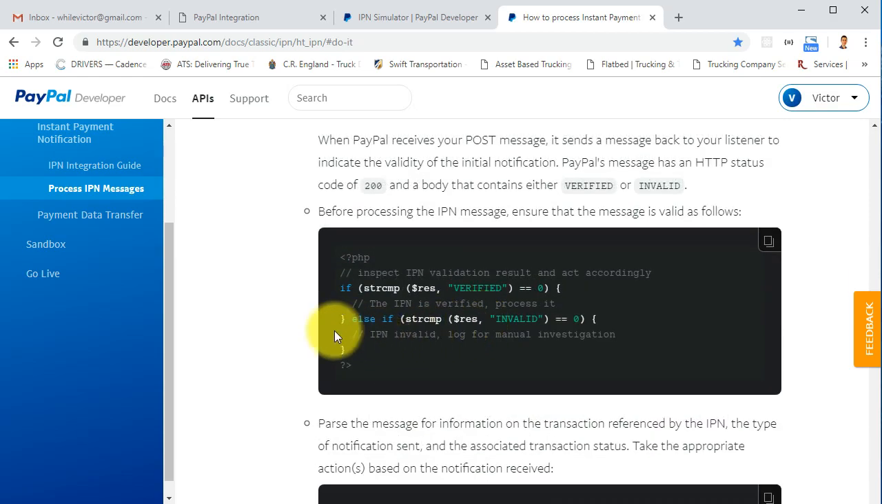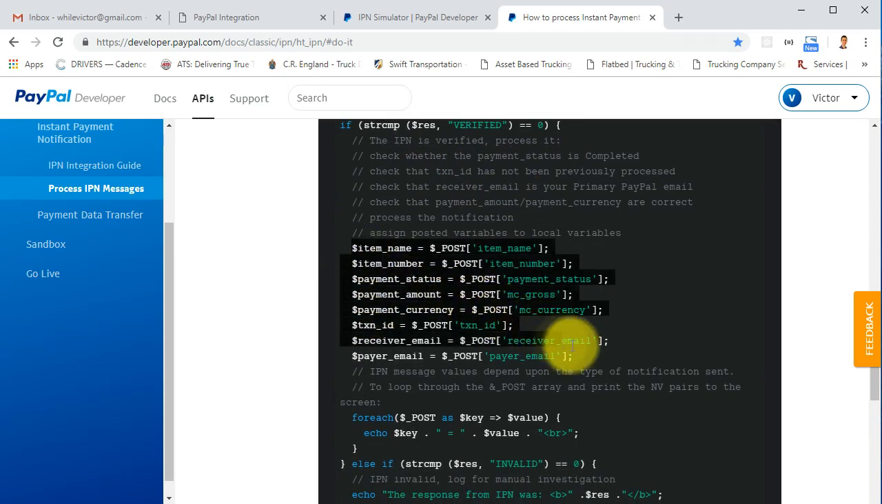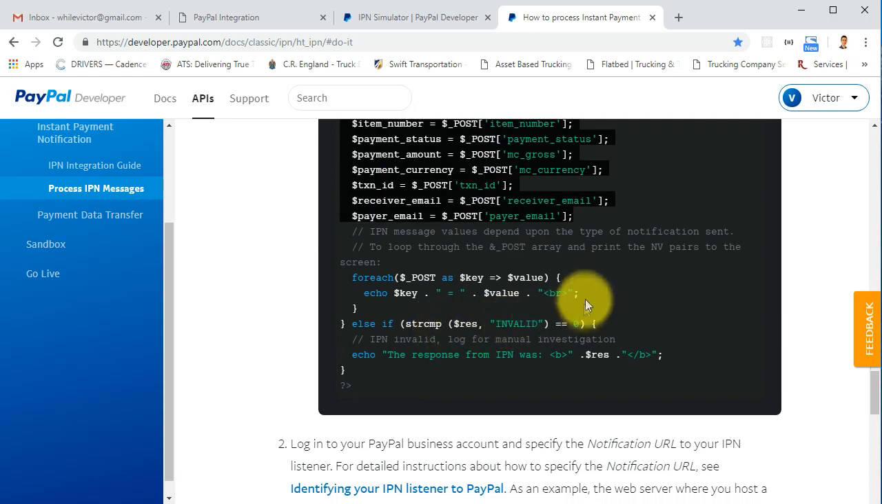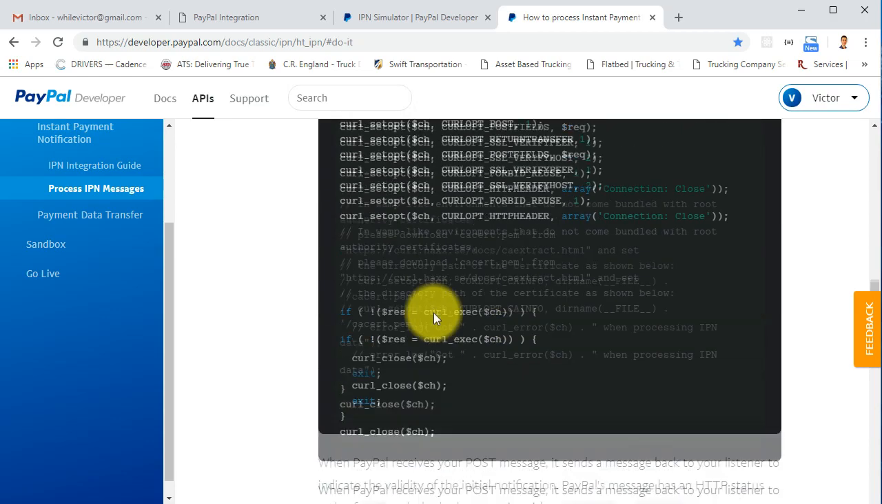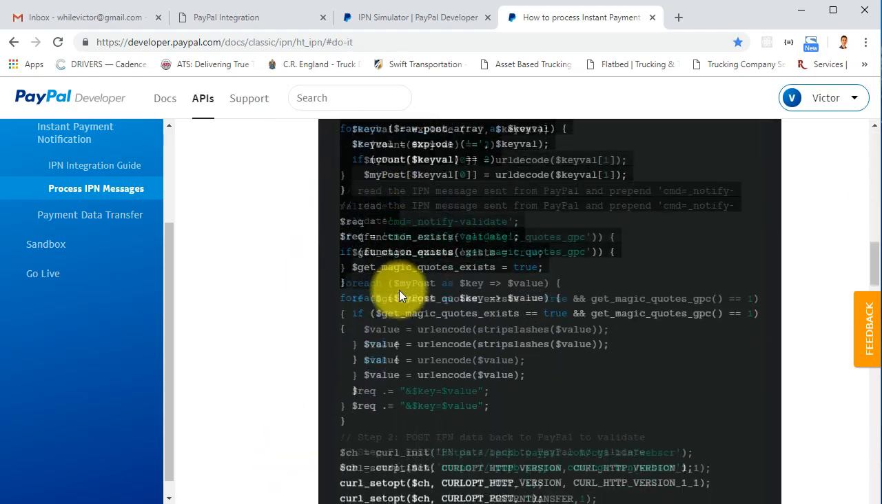And then according to their payment status, if it's verified, we get all the data and assign it to PHP variables, and then we will be able to use it here. We won't be using this foreach, but I'll copy all the stuff from here